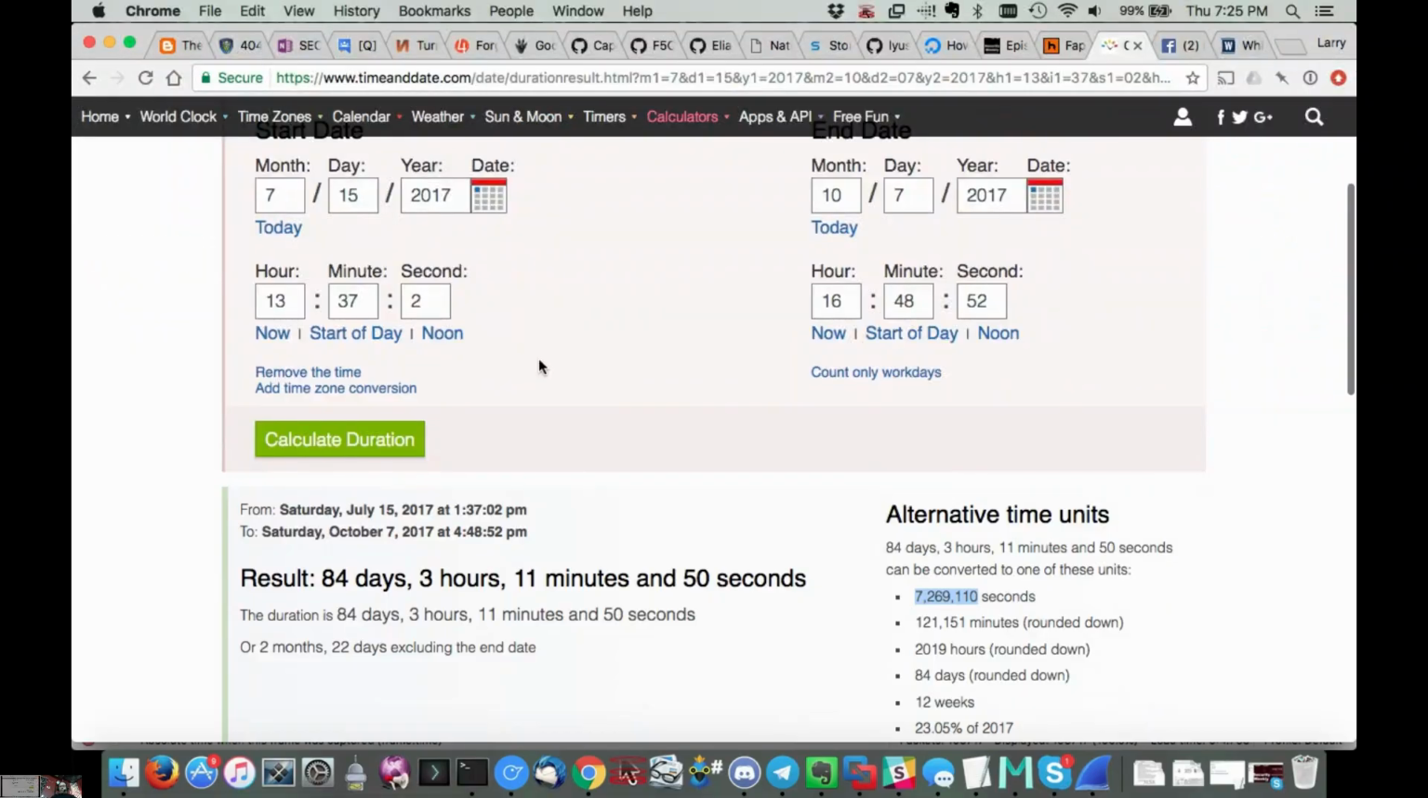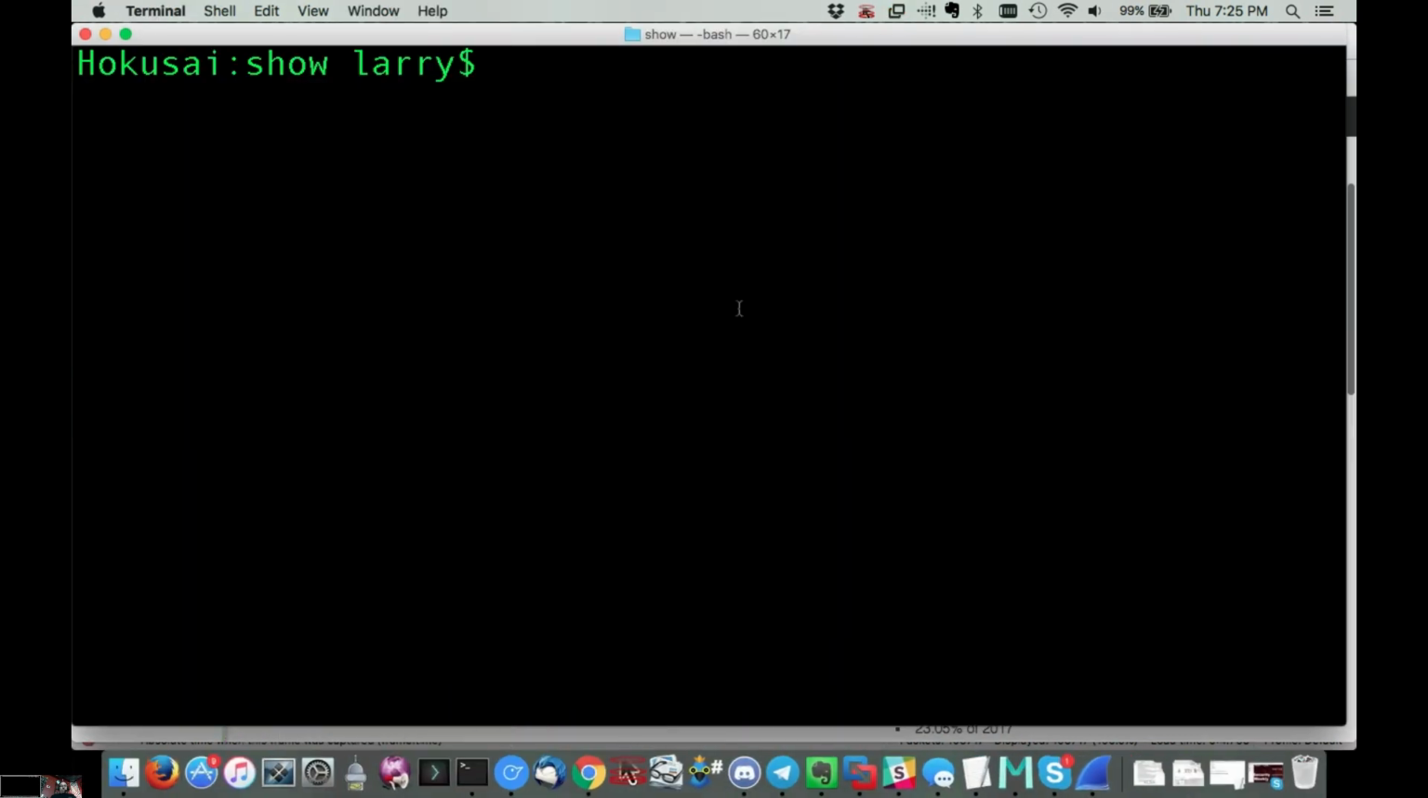So, according to the calculations, and I'm doing this live and didn't have a chance to practice beforehand, it claims that there's 7,269,110 seconds between those two dates. So if I take that figure and I now go and adjust my beacons,